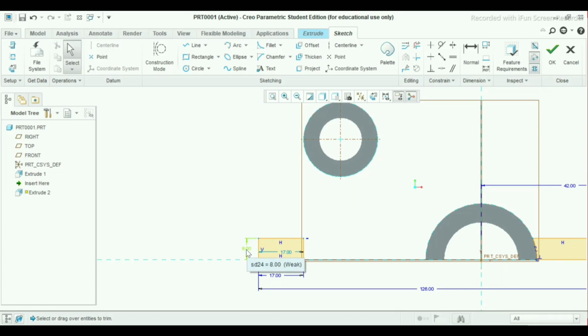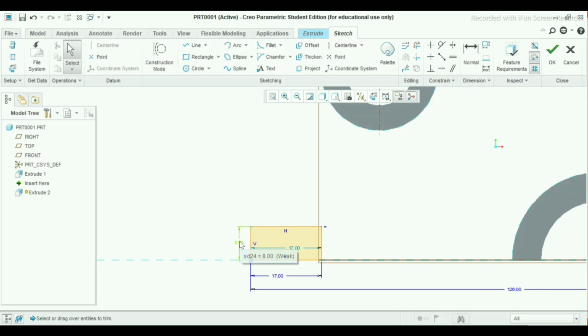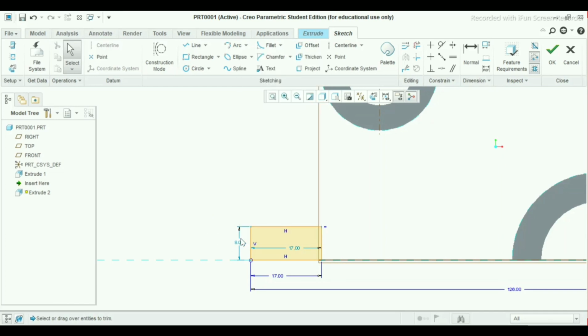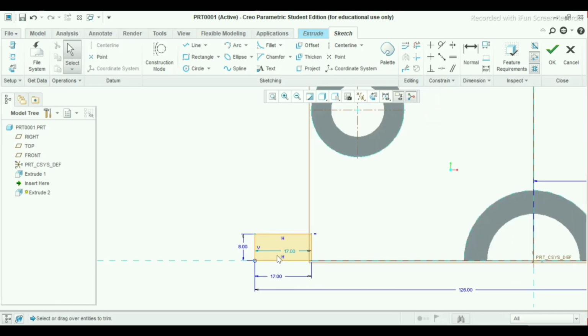Make this a strong dimension because it says weak. So right click this. First press left click and then right click. Make it strong. Press enter. Now our dimensions have become strong.